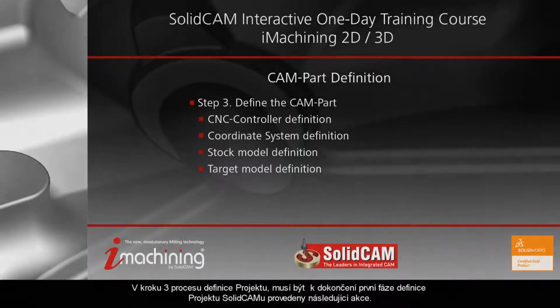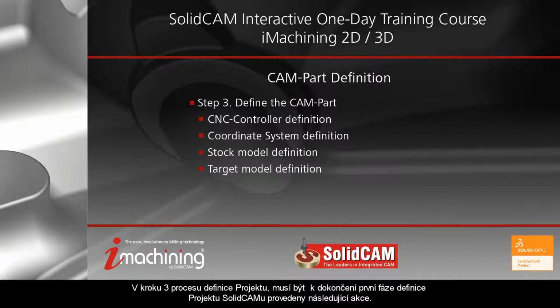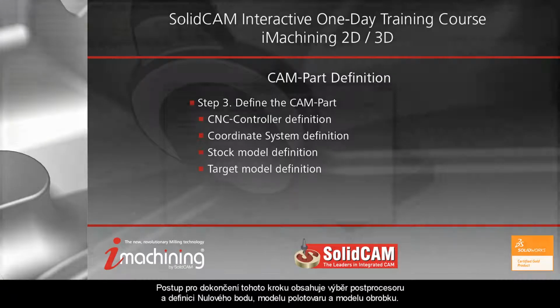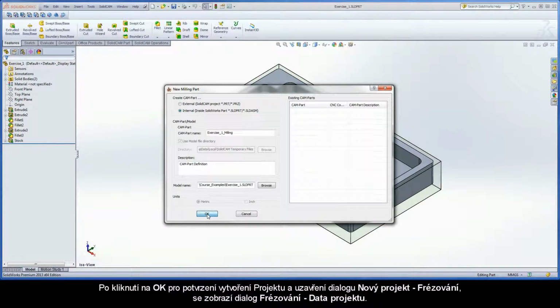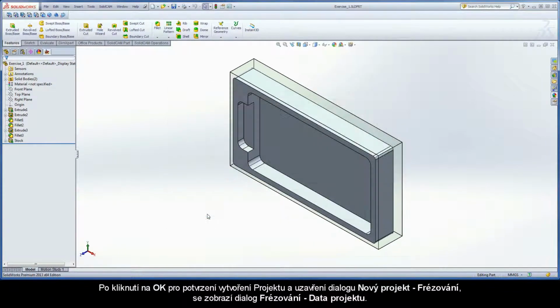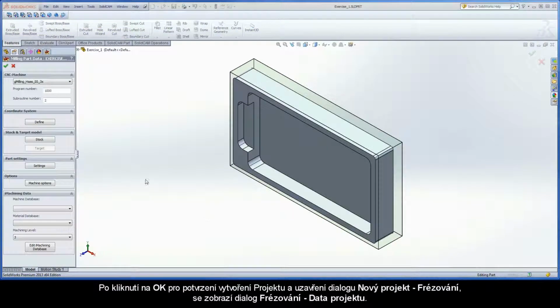In Step 3 of the CAM part definition process, the following actions have to be implemented to complete the first stage of defining the CAM part for SolidCAM. The procedures for completing this step include selecting the CNC machine controller and defining the machine coordinate system, stock model, and target model. After clicking OK to confirm the CAM part creation and close the new milling part dialog box,